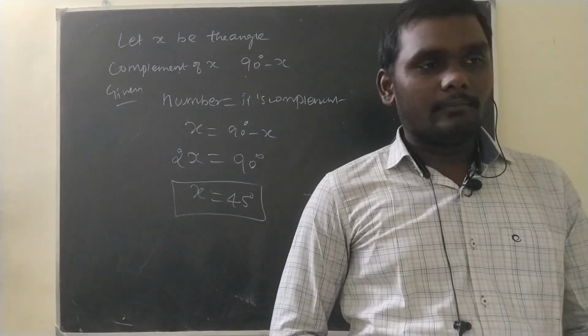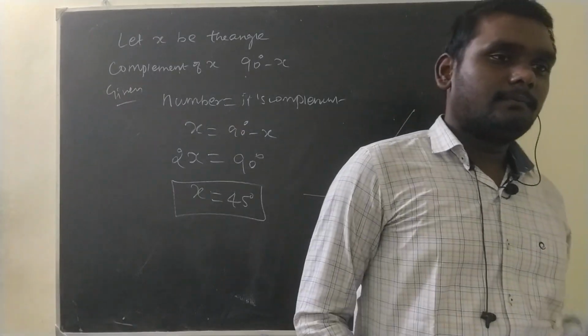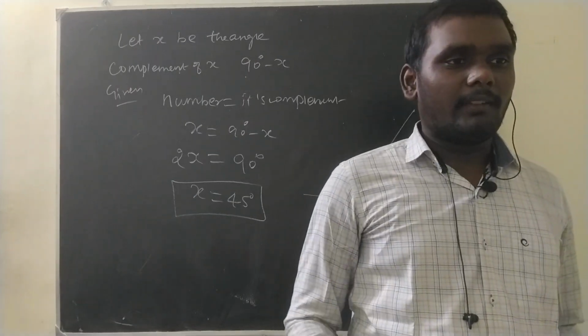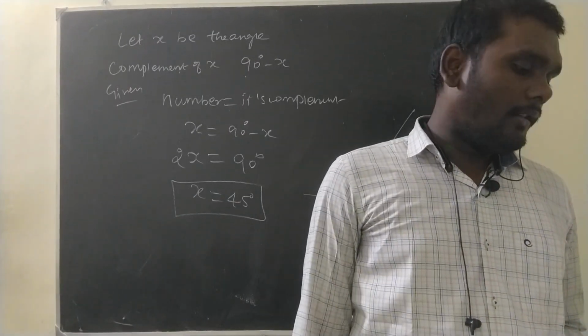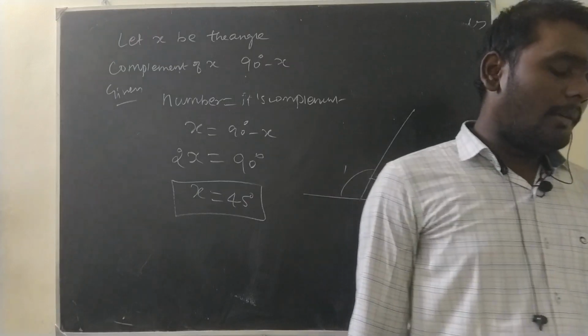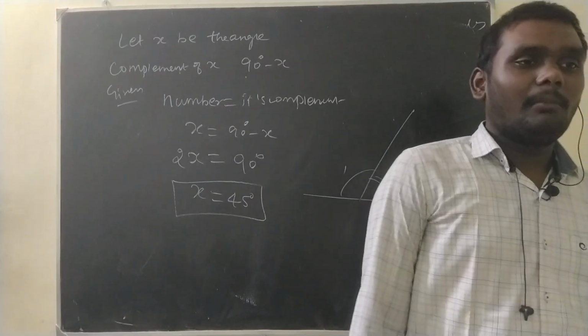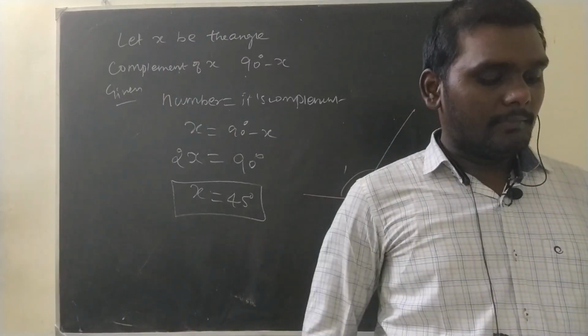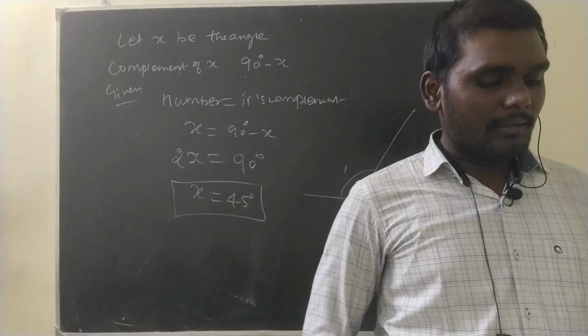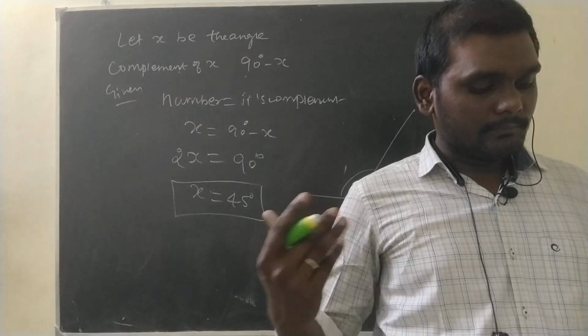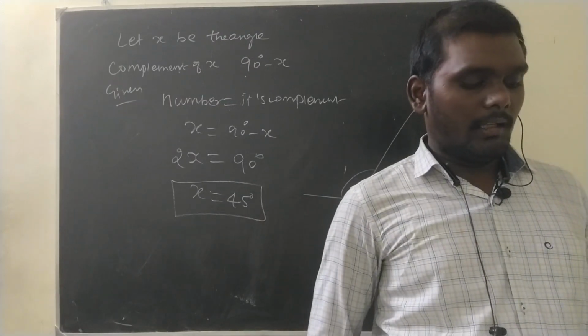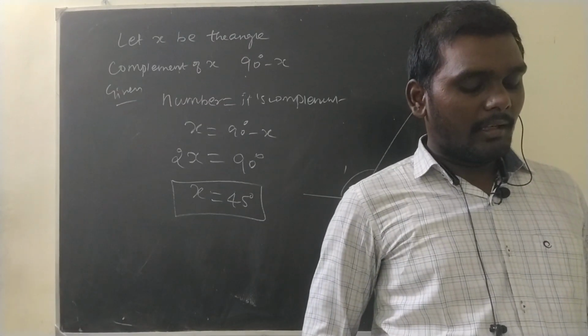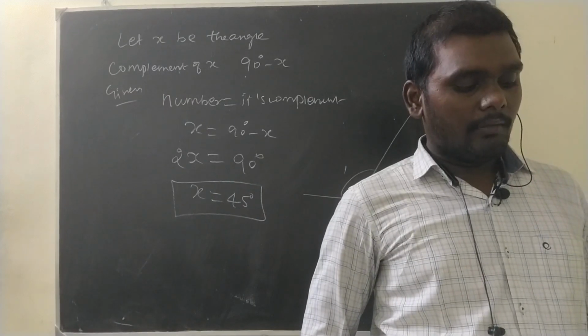Okay. Next. FIBs. Fill in the blanks. If two angles are complementary, then the sum of their measure is 90 degree. If two angles are supplementary, then the sum of their measure is 180 degree. If two angles are supplementary, then they form a